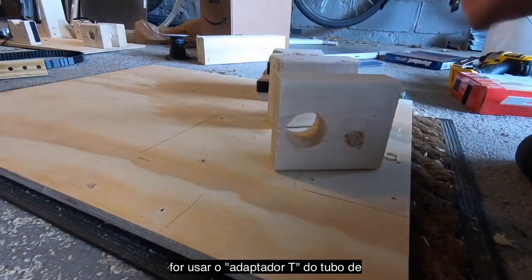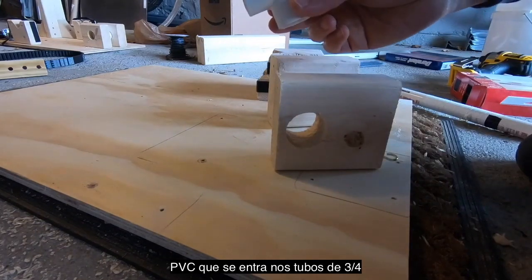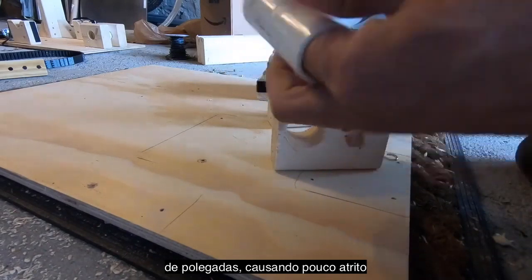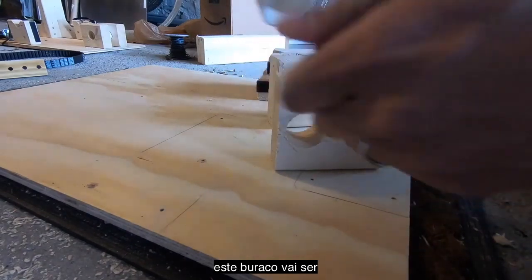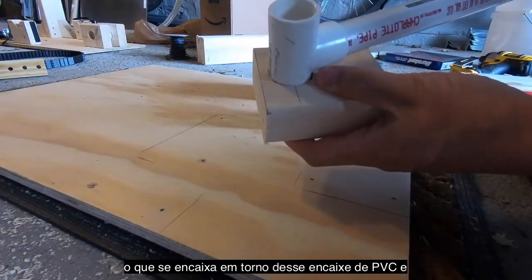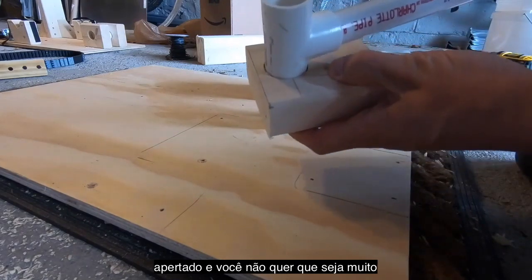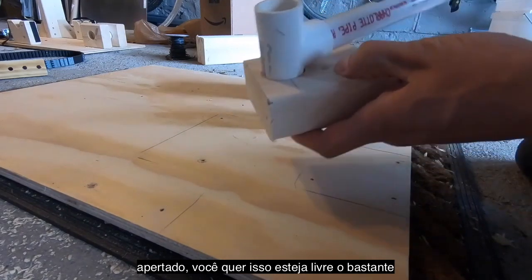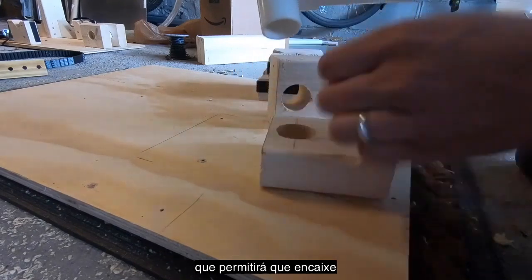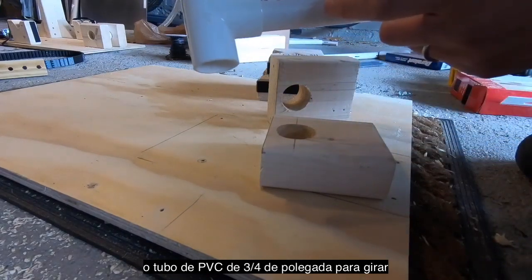And what that's going to do is, when you buy your PVC T-fitting, that fits over your 3/4 inch PVC pipe just as a friction fit, this hole is going to be what fits around that PVC fitting. You can tell it's not a super tight hole, and you don't want it super tight. You want this turning pretty freely. And so again, a 1 3/8 inch spade bit will allow what fits outside of a 3/4 inch PVC pipe